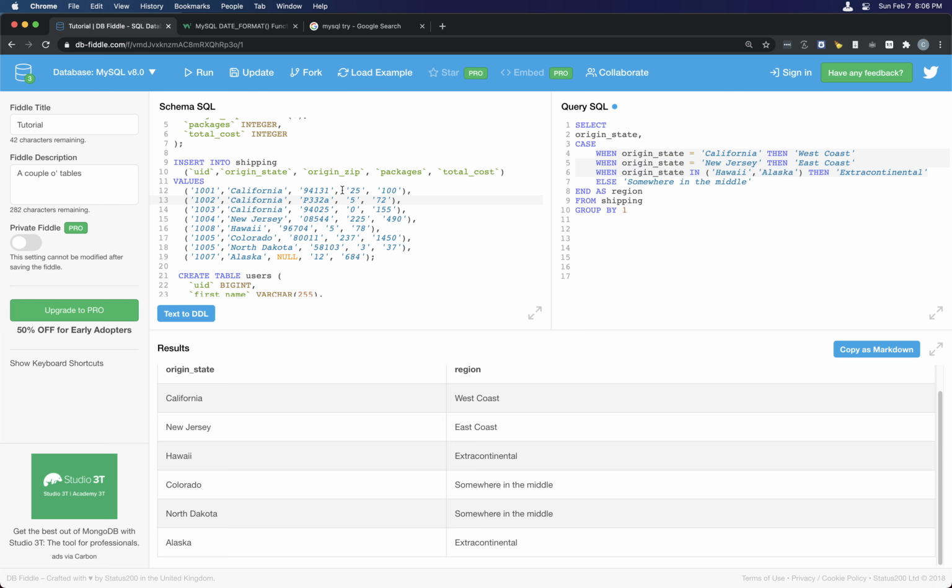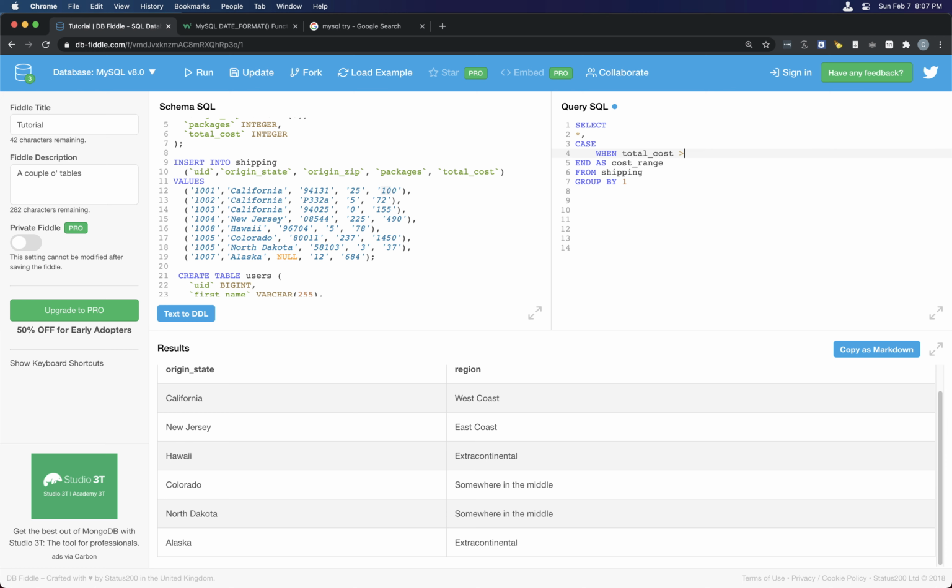And we were saying, okay, when the total cost is above 100, then put in a high, medium. We can do high, medium, and low, right? So this is actually pretty common. Let's say we're going to select all from the shipping table, and then cost range is going to be the name of our column, and then we're going to change all of this logic, and we're going to say when the total cost is